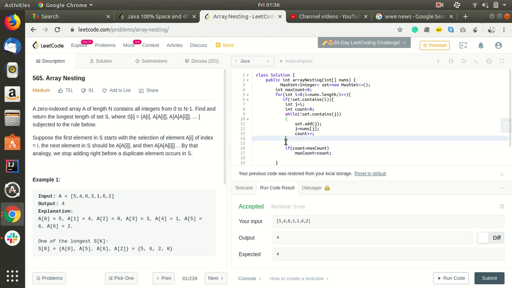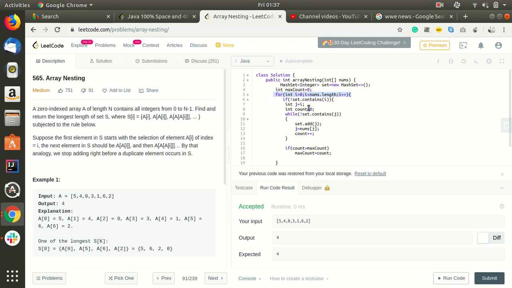So what we can do is create a hash set of integers, then we set a max count over here, which is equal to 0. Now we iterate over all the elements in the array, and we check if the set does not contain i, if we haven't processed that index, then int j is equal to i.